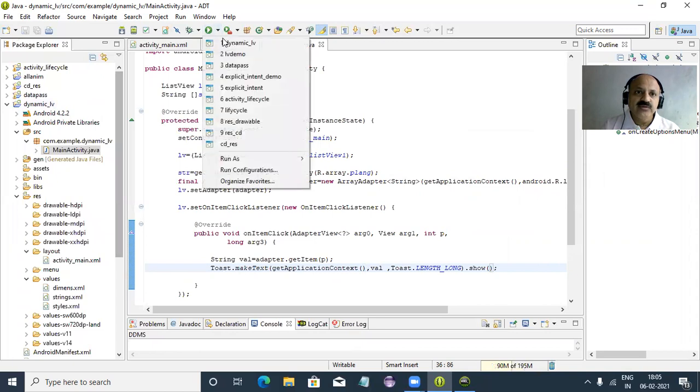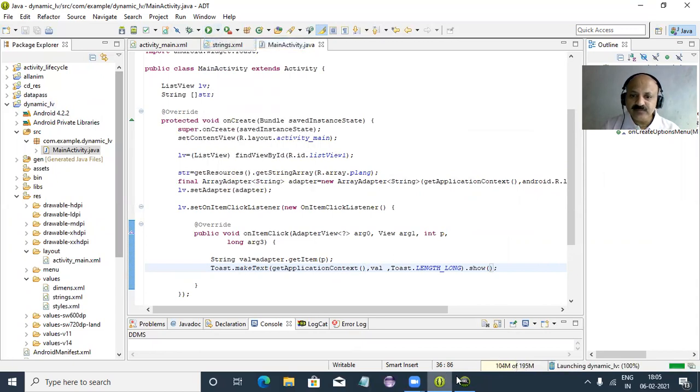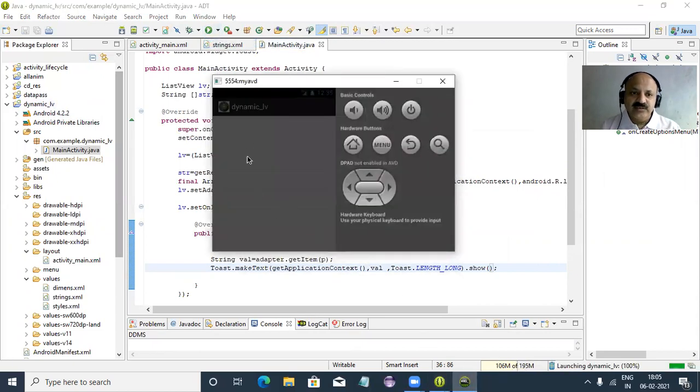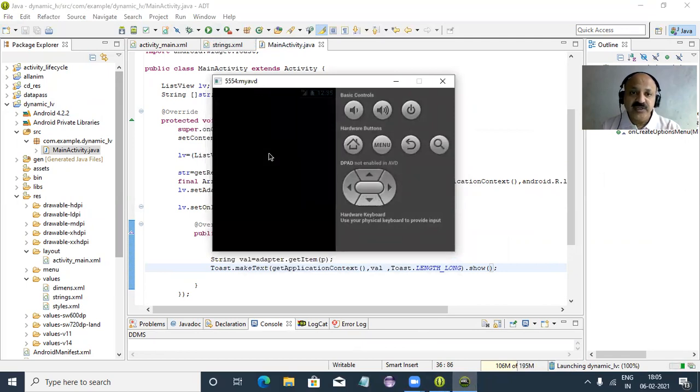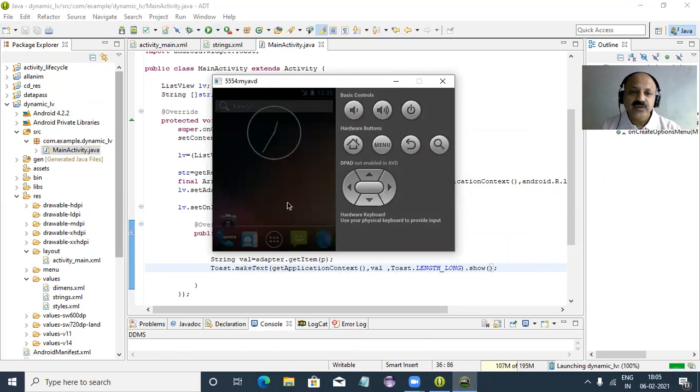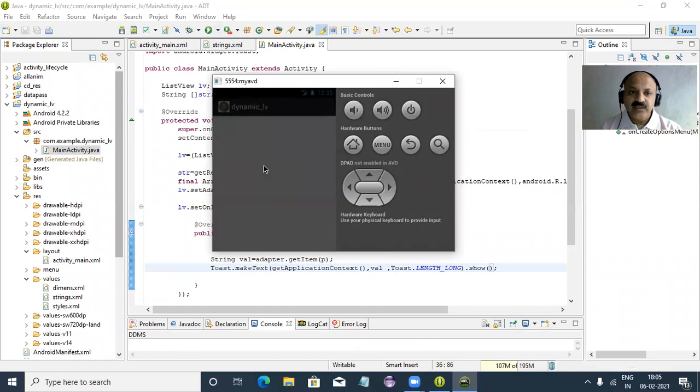So directly we can use this button. So yes, that is the previous output. We can change our layout. So let us see whether that list is displayed or not. So when we click, the item is displayed, but when we run, the item also displays visibility because it is in the white layout color. So it was not displayed previously. So now I think, yes, it is not displayed.